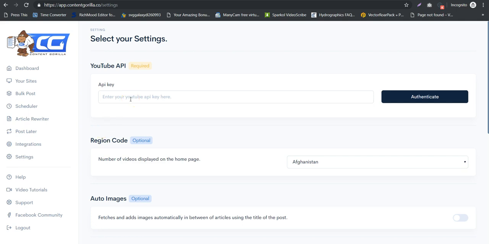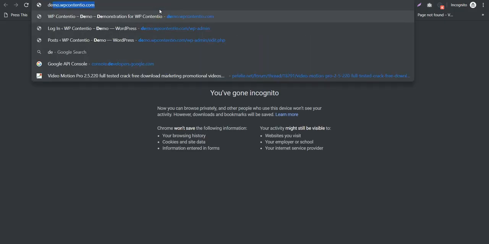Okay, so in this video I am going to show you how you can fetch your YouTube API key. Now this is a required step that you need to take before you can actually start using Content Gorilla. It's basically pretty simple. What you have to do is you have to go to